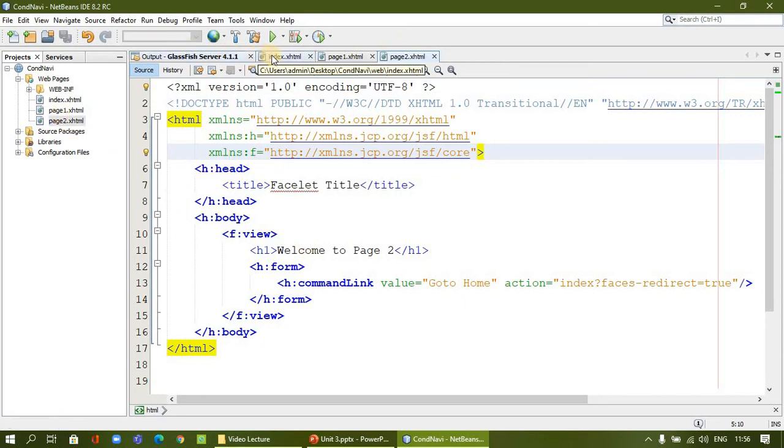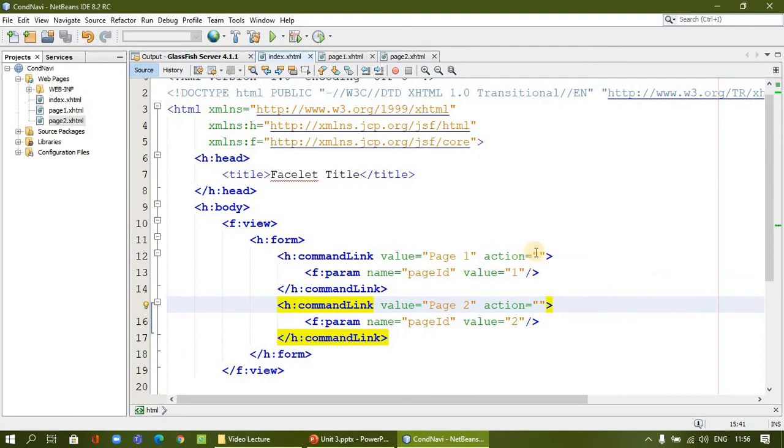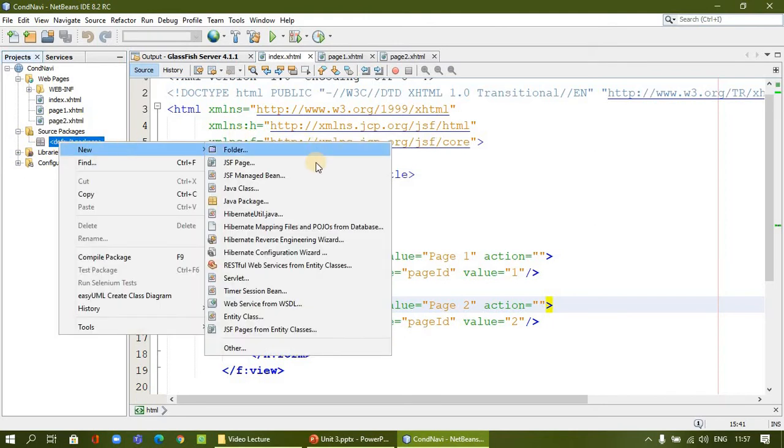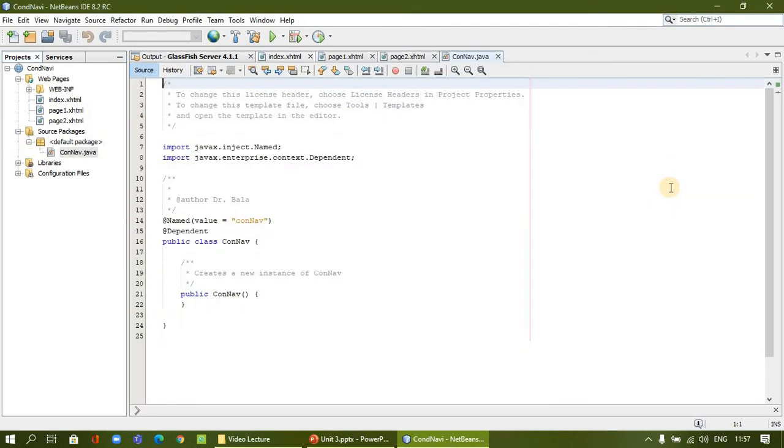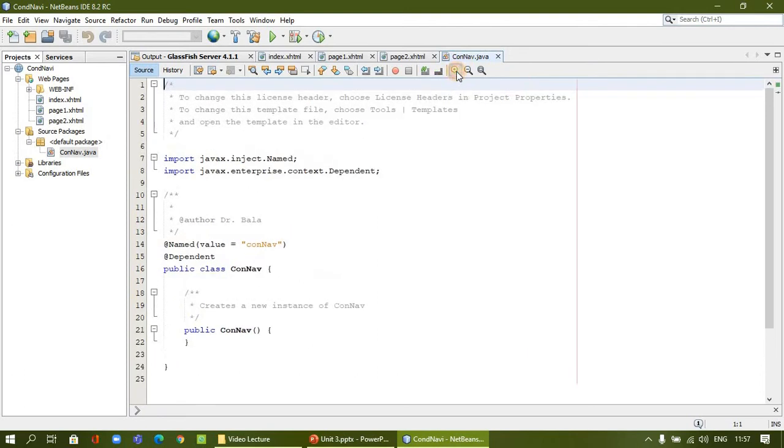Now we have to connect our managed bean here in the action. For that, we have to go to the source package, and I'm going to prepare a managed bean, in which I'm going to say, for example, condition navigation, some name, and I'm going to finish. So this is the managed bean area.